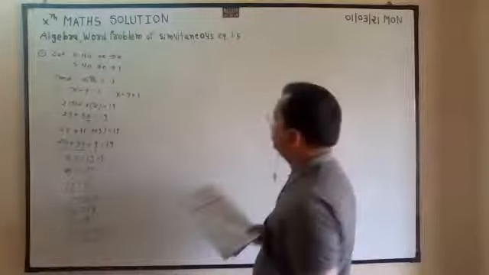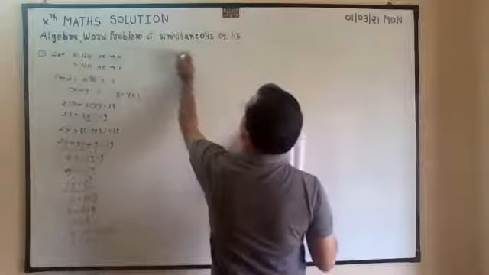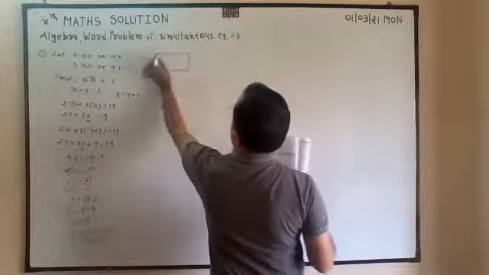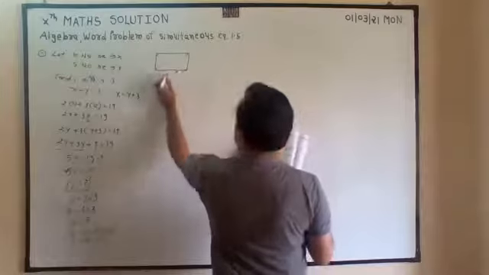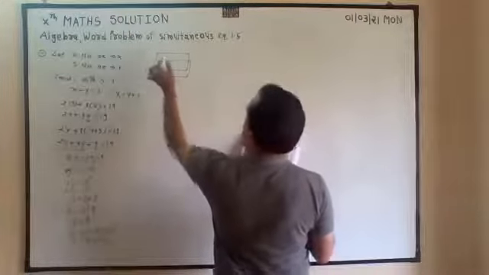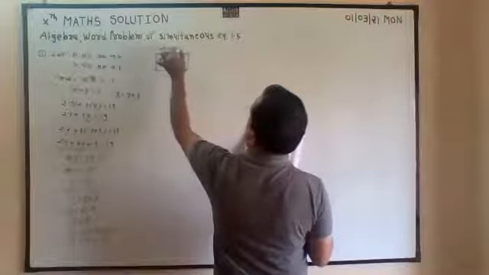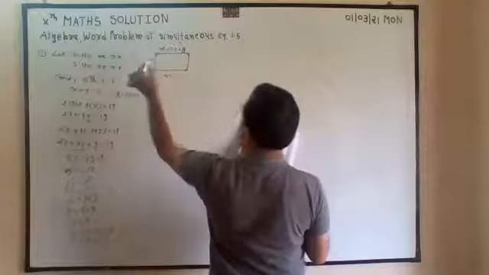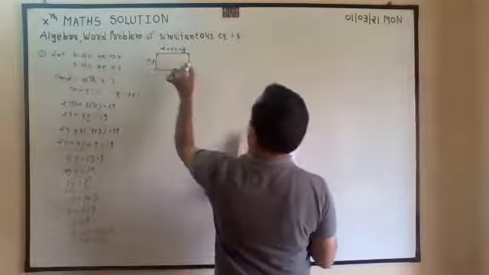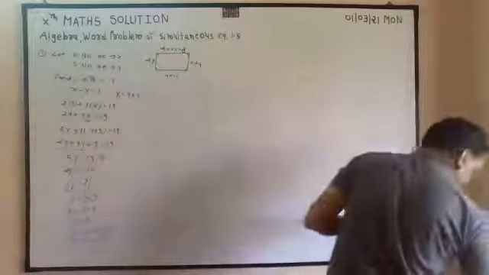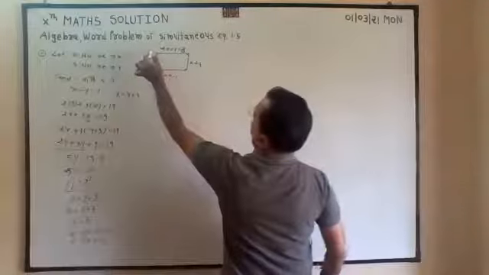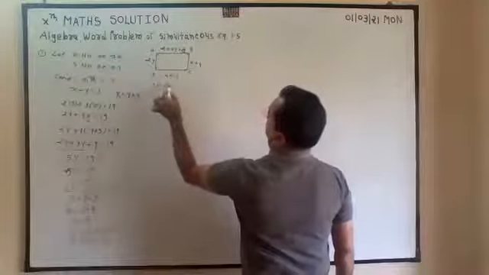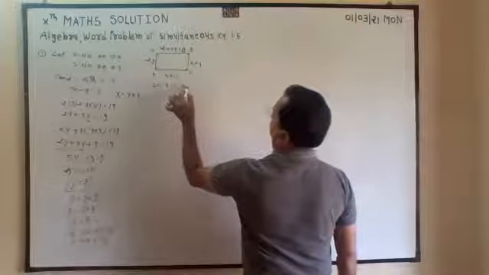A rectangle is given. This side is 4x minus y. This is 2x plus y plus 8. Only 2y. x plus 4. We can give the name ABCD. In rectangle ABCD,